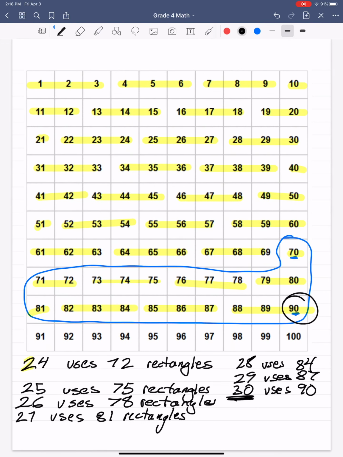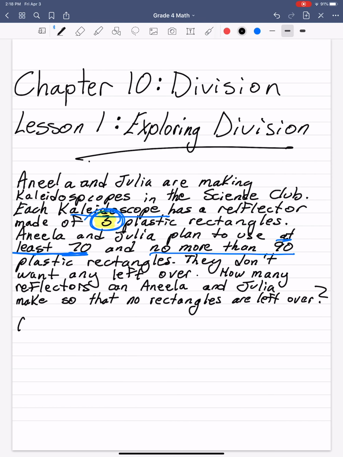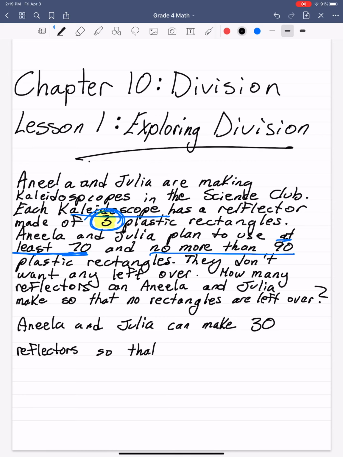So they can make 30. Anila and Julia can make 30 reflectors so that no rectangles